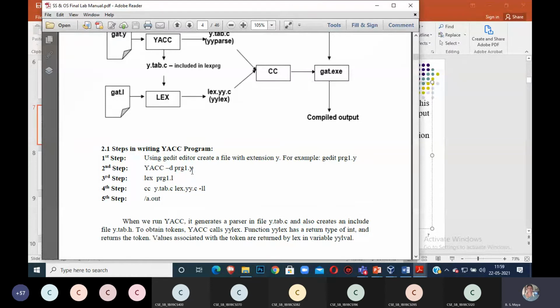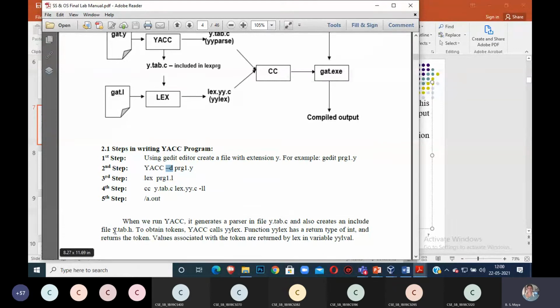See, you will get a question in the lab: What is -d? See, -d is an option. Write down: -d is an option used to create y.tab.h. You will create one more file, y.tab.h. If you do not use this -d, this file is not created.